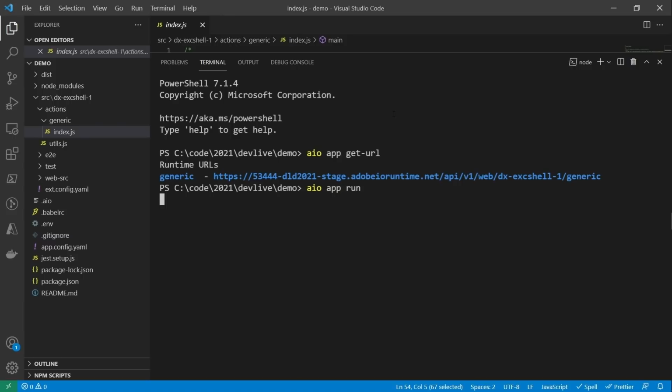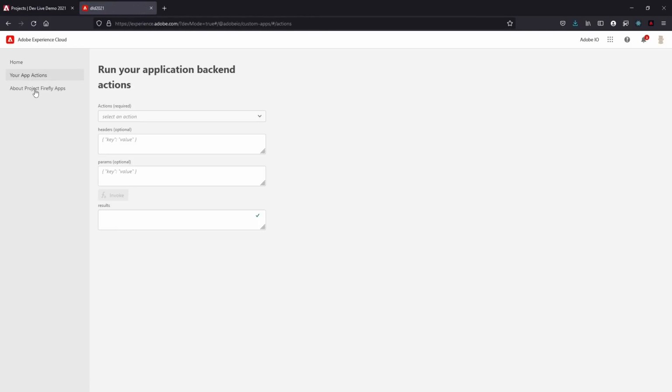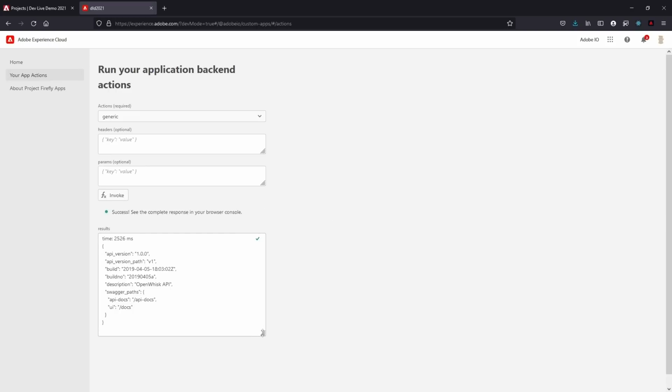This application is going to be really similar to what you're going to see in demo number 3 today. The Experience Shell extension React application, I'm going to show you in demo 3, where we took this and did something pretty cool with it. All right, so this URL here, we'll open it in the Experience Shell. There we go, excellent. Just a little React application with 3 views. And this view allows you to actually test your actions, which is great. So I can invoke this real quick, and now it's calling the microservice for us and returning some data. So we can see that our microservice is doing what it should, and it's just a nice little test hook.